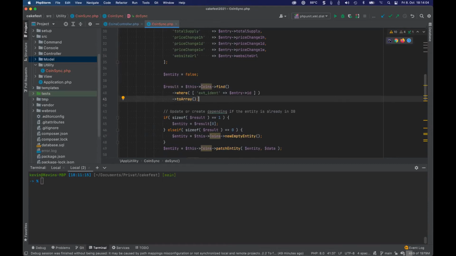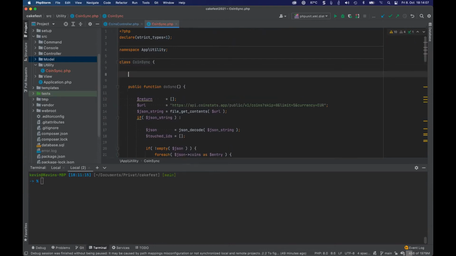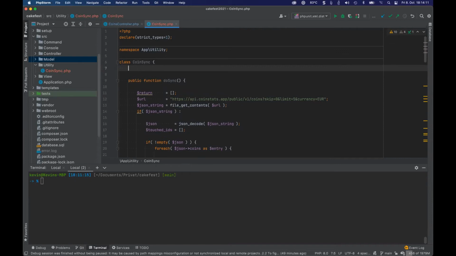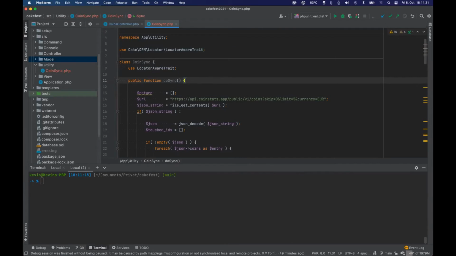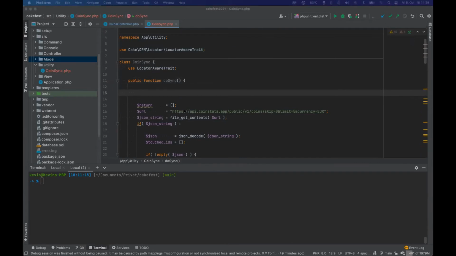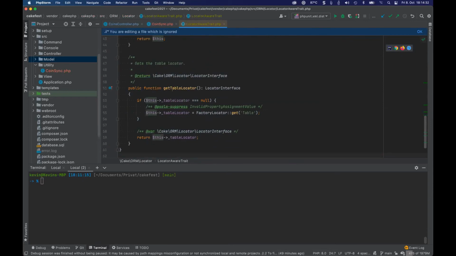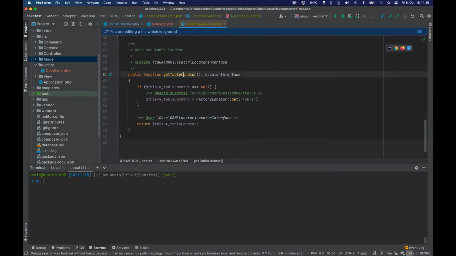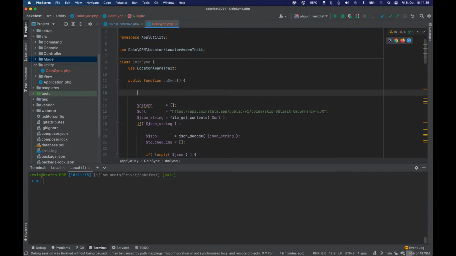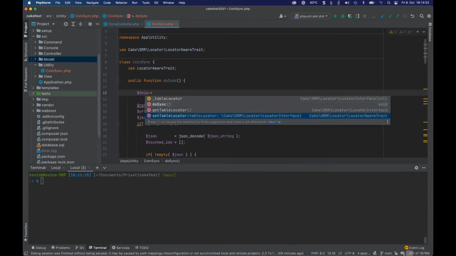So we have to tell the class that we want to have the coins table in our utility class. And for that, we have to use the table locator aware trait. The locator aware trait basically gives you the option to call get table locator. And with the table locator, you have more possibilities to import models and tables. But in the end, one additional function this table locator trait will give you is,